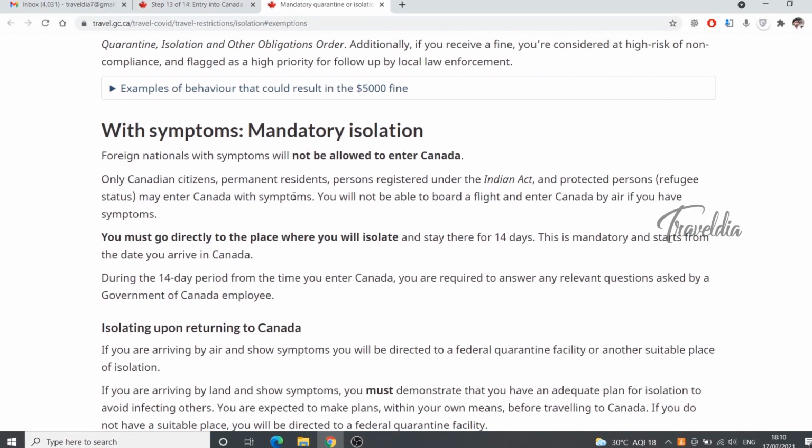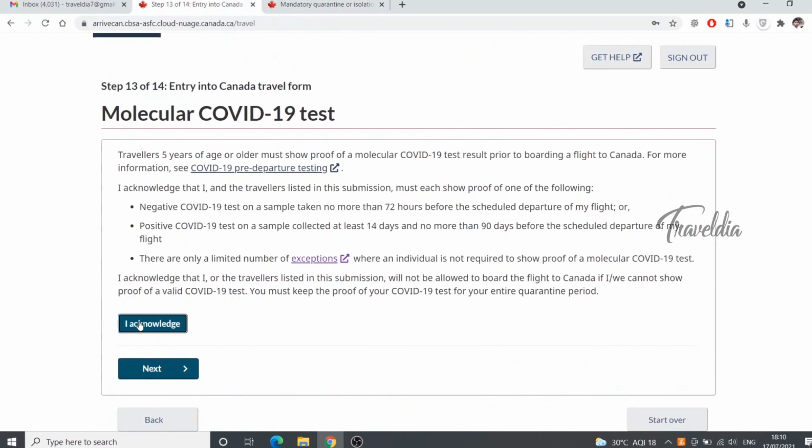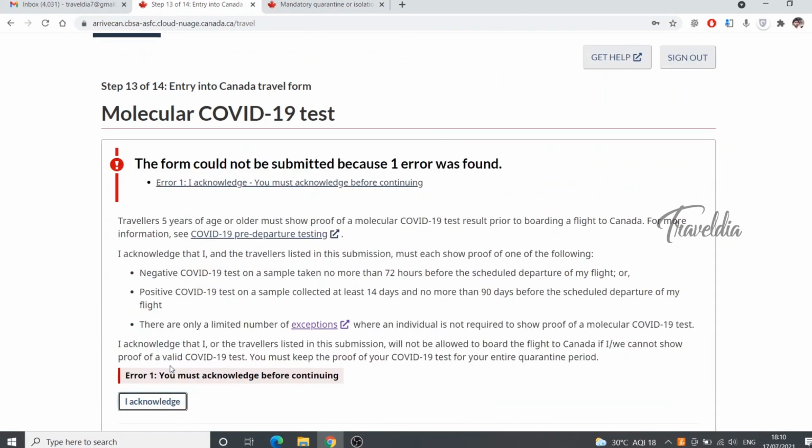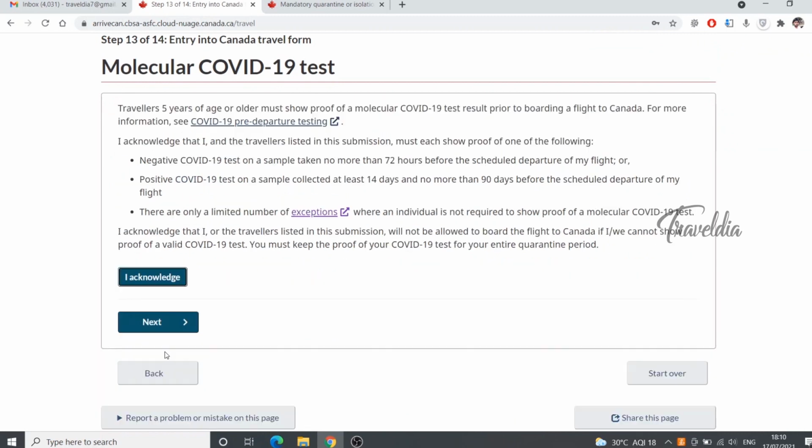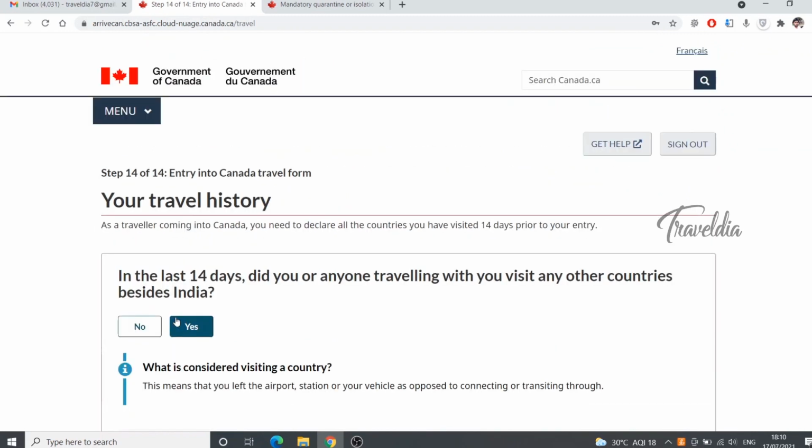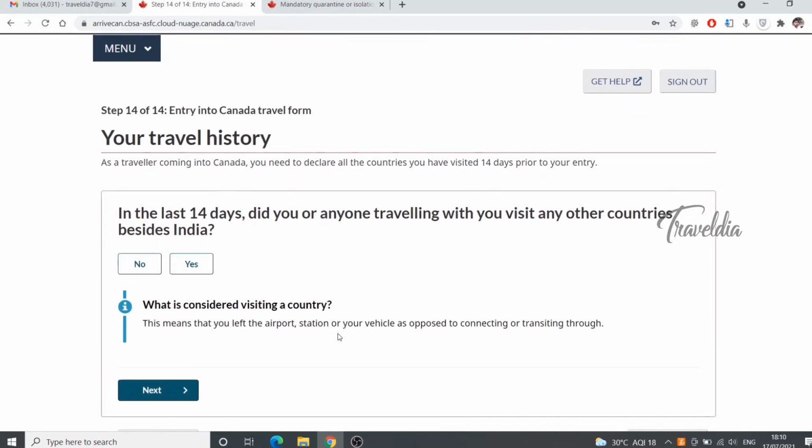So read the mandatory quarantine. At any point, if you have any doubt, you can fill out the form easily by reading the hints which they are providing. Okay. Then the countries which you are traveling.